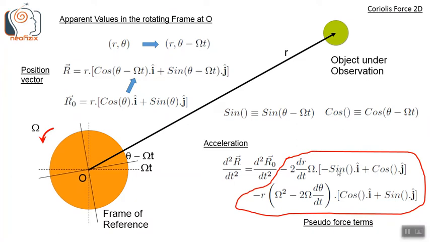These extra terms are not part of the actual dynamics of the object. They only appear if the moving object is observed from a rotating frame. They are not seen in the non-rotating frame. That is, these terms are not occurring in the inertial frame measurements. They only occur when we measure the moving object from a rotating frame. That is, we are situated in the center of the rotating frame observing the object. Then only we find these extra terms. So these are called the pseudo force terms or fictitious force terms.